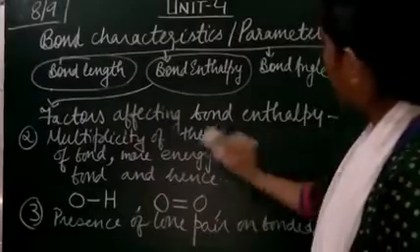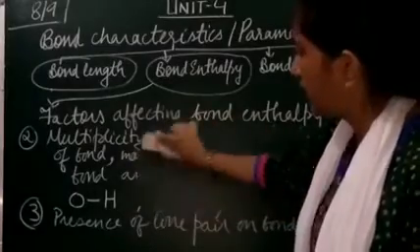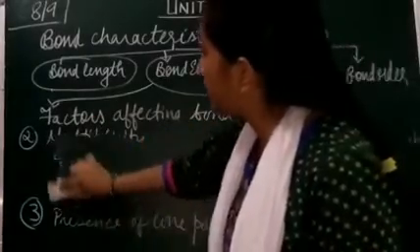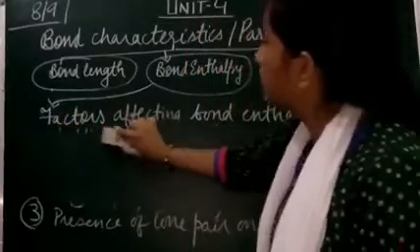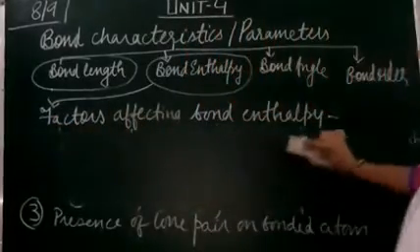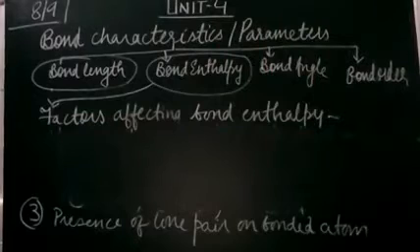It means that if the lone pair is present, then students, what will happen? There will be repulsion between the lone pairs, and the bond will become that much weaker, right? So we can say that greater is the repulsion between the atoms, and hence less is the bond enthalpy,